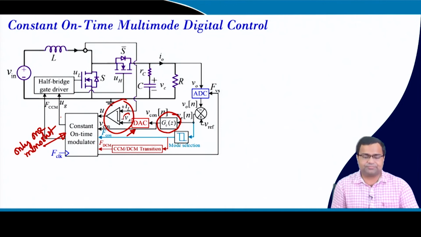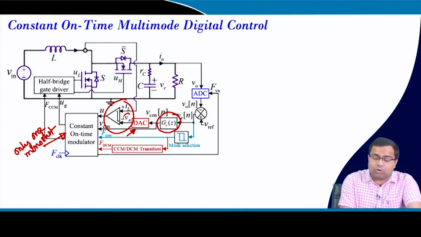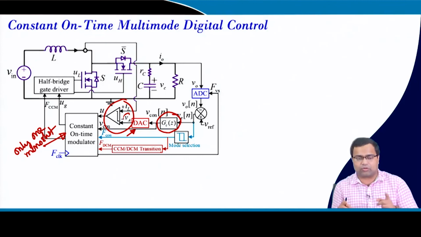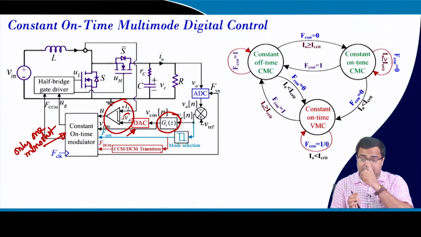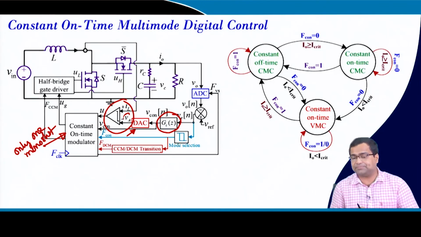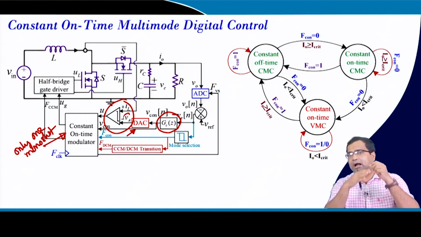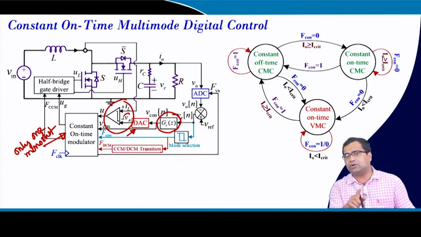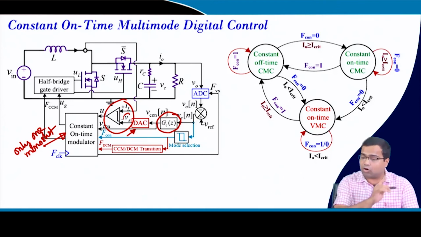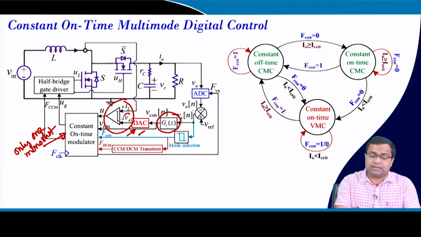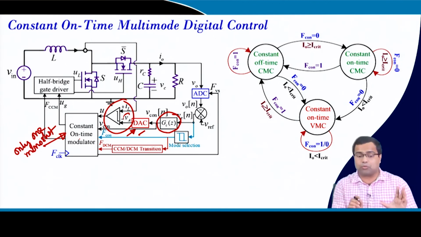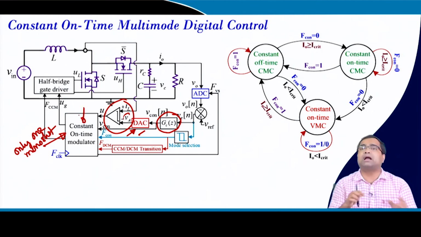rewrite the memory. Then the mode transition is just changing the edge of the clock, because we have proposed event based sampling. If you draw a finite state machine, when it goes from light load to high load, I have discussed that constant off time is superior to constant on time in order to improve the step up transient. When you go from high load to light load, you can reconfigure to constant on time. Remember, in all cases our controller and the monoshot timer, everything is common, only the timer value can be updated,